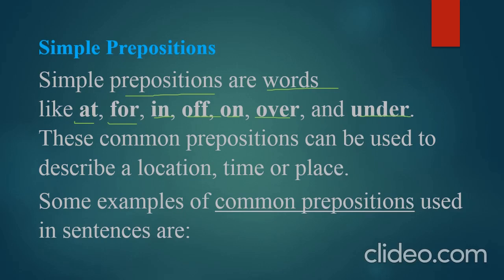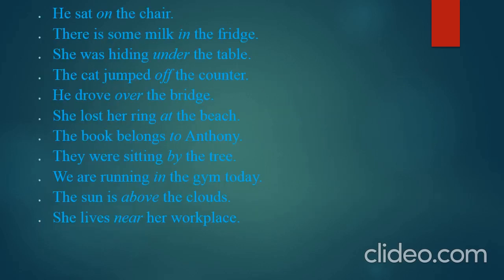These common prepositions can be used to describe a location. या तो ये लोकेशन को डिस्क्राइब करेगा कि एक चीज कहाँ पर है, या टाइम को या प्लेस को डिस्क्राइब करेगा. Some examples of common prepositions used in sentences are: he sat on the chair. So here on is the preposition कि वो chair पर बैठा था. There is some milk in. In is actually the preposition, and you can see that